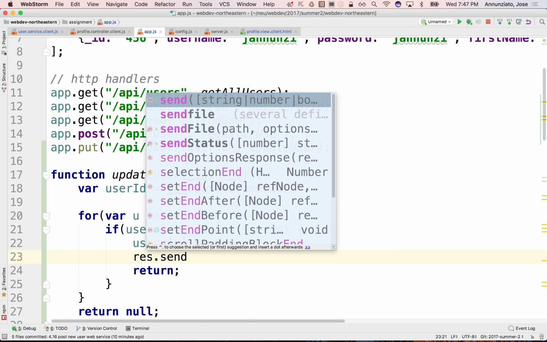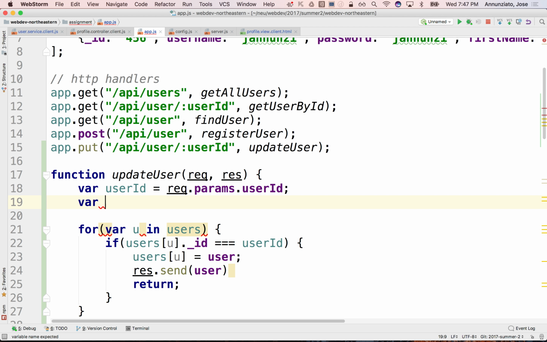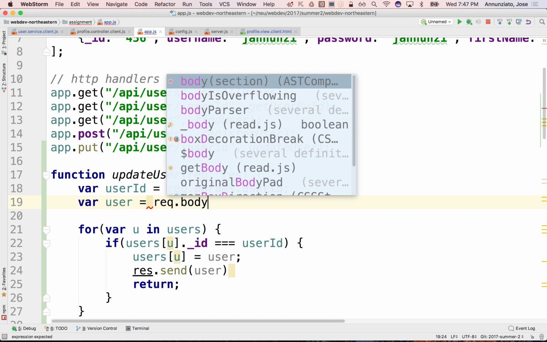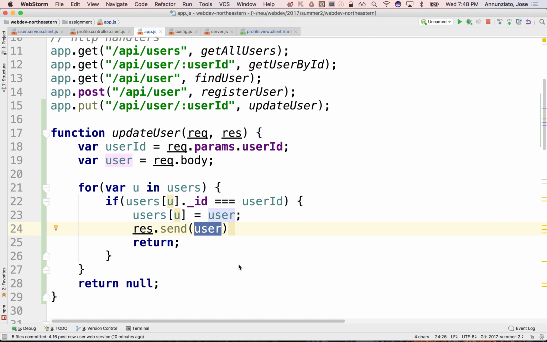response.send. Now this send, typically we would just say send. Wait, what's user? User is the user in the body, right? That's coming from the client side. When you retrieve that as well, user is in the body, request.body. Right? We're sending the new user with the new first name, new last name, new everything. It's coming along. We retrieve it, we're going to put it in the array, and then we're just going to send back the user, or